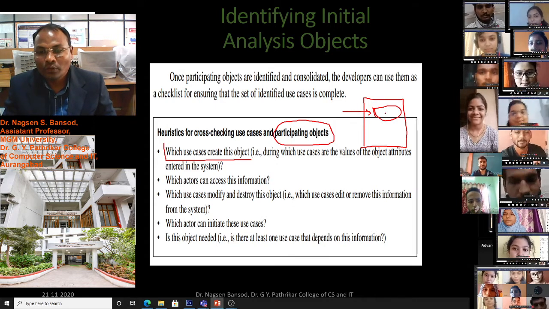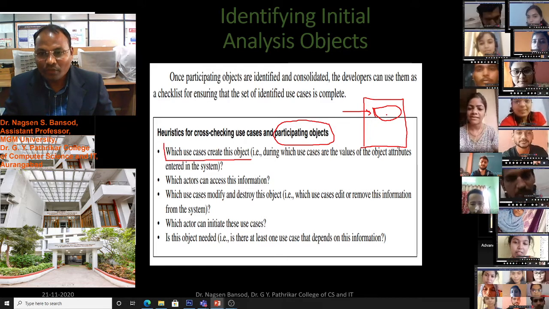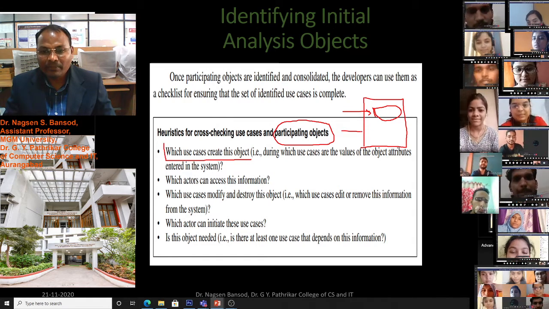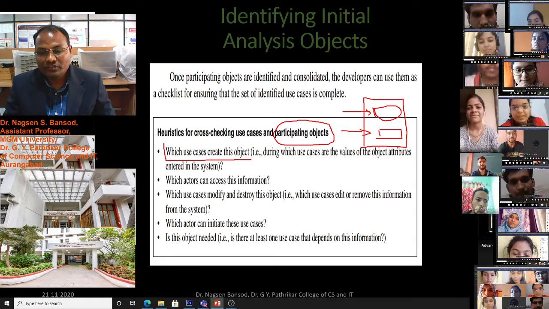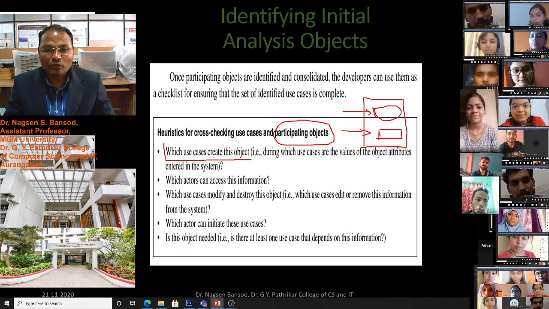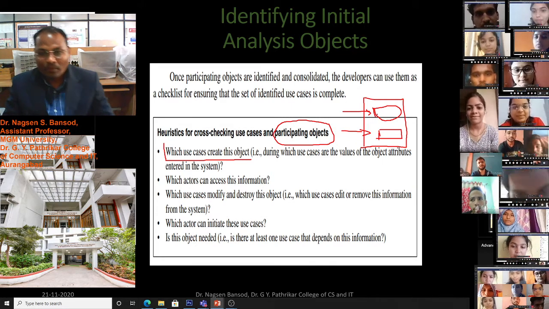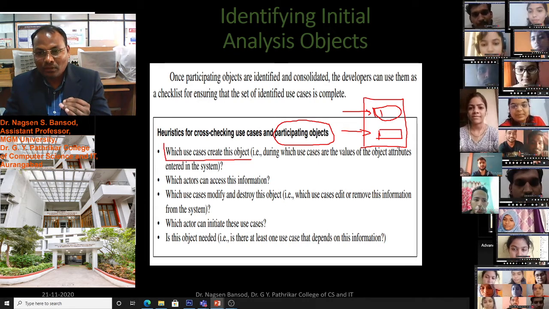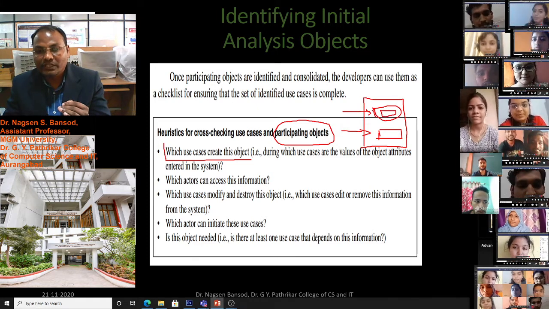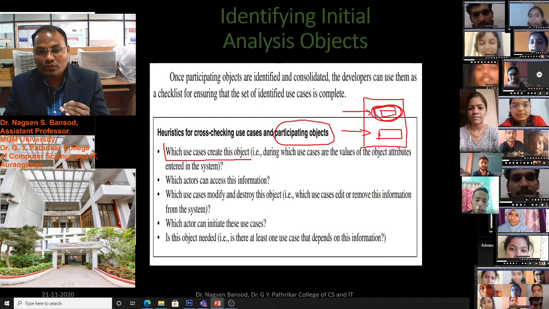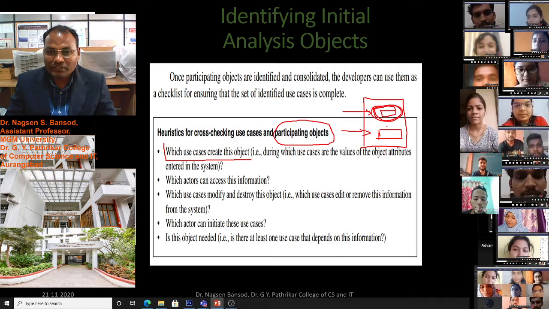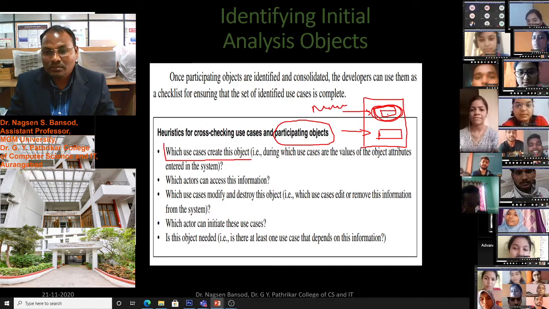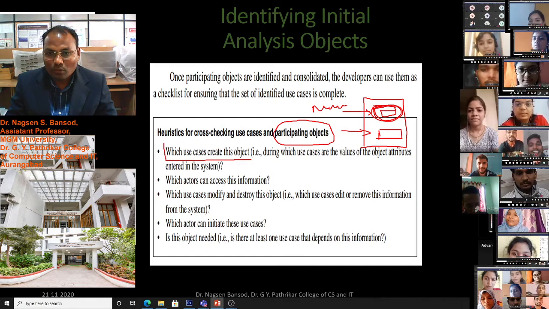For example, you want to find a student's name. For finding the student's name in the list, suppose this is the software. In this software we can find the student's name. For finding the name, we have to enter the student's roll number. Then the roll number will be the use case. This roll number will be the use case to find the objects. Which objects will be found? The name of the student will be found by this use case. Which use case? The roll number use case.